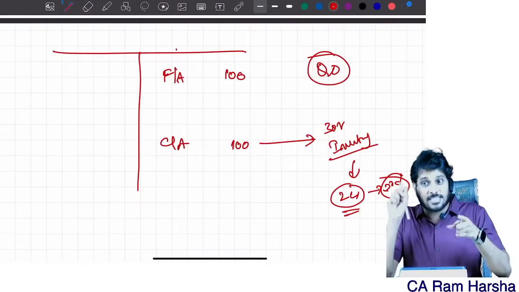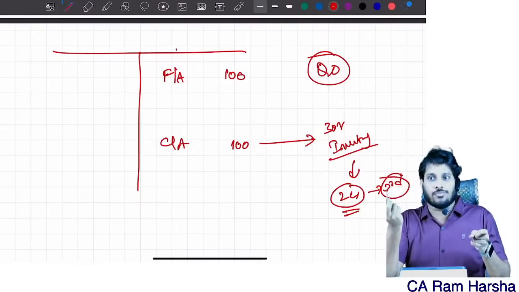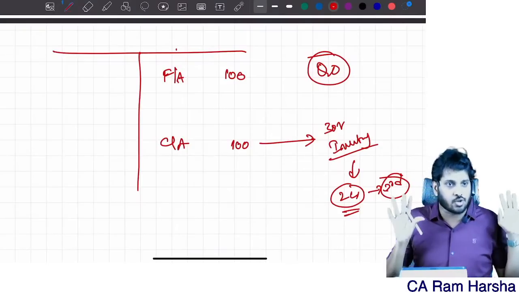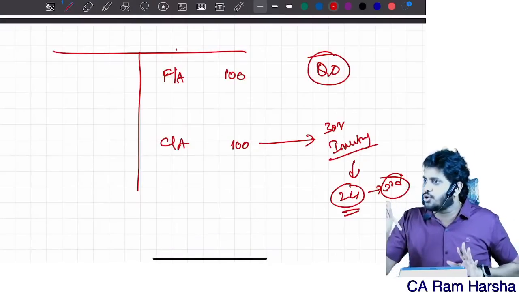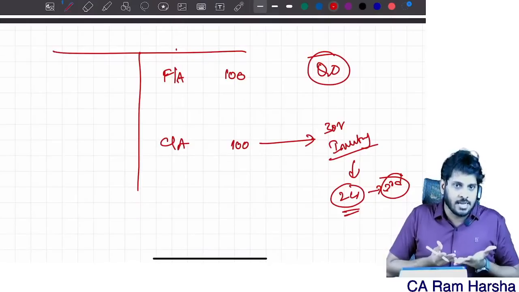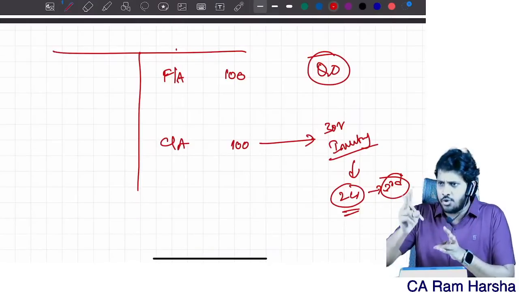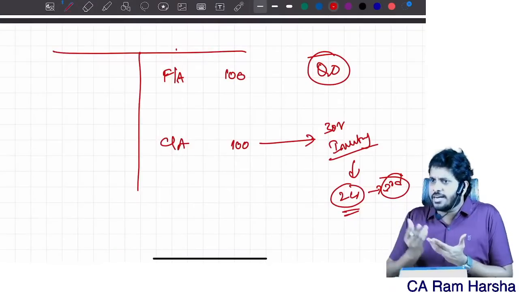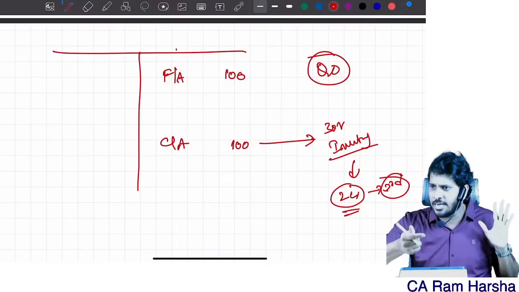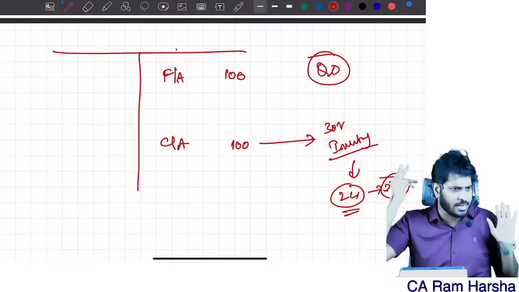Qualified opinion. Here the exception is what? I am not saying 2 crore is wrong. I am saying 2 crore I don't know. I did not get evidence. Except that, the rest of the financials are true and fair, except for an amount of 2 crore worth of inventory lying with a third party, in respect of which we are unable to obtain sufficient and appropriate evidence. That itself is enough. In that exception, you indirectly mentioned that 2 crore worth of inventory is with a third party and we did not get any evidence. So indirectly, what are we telling the people? For 2 crore worth of inventory, we also don't know what exactly happened. Directors will explain later on.